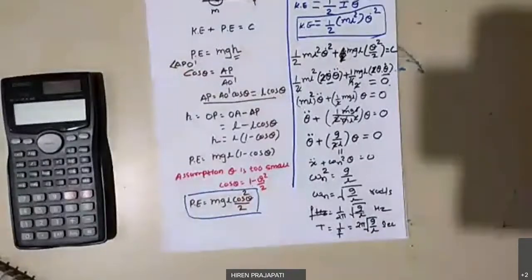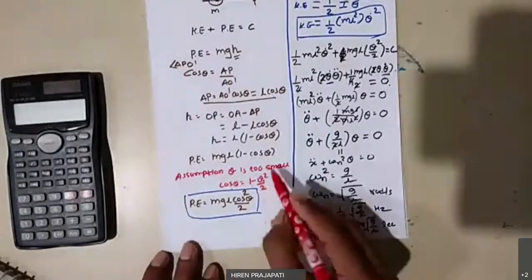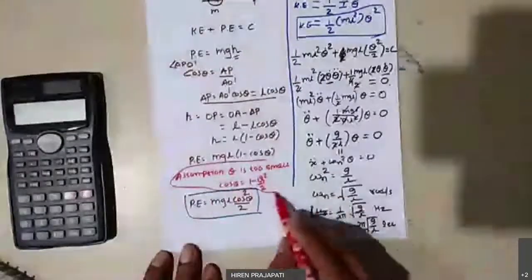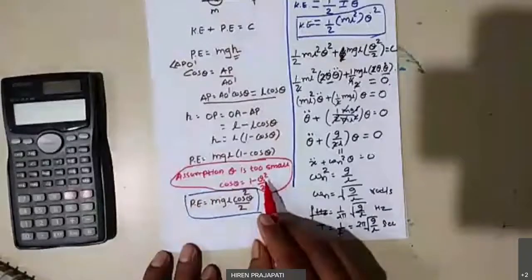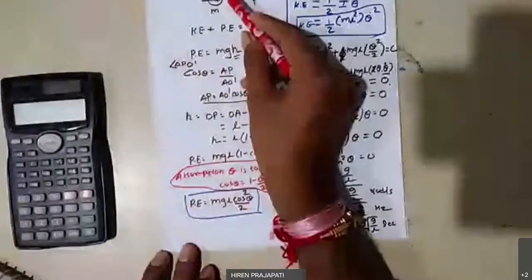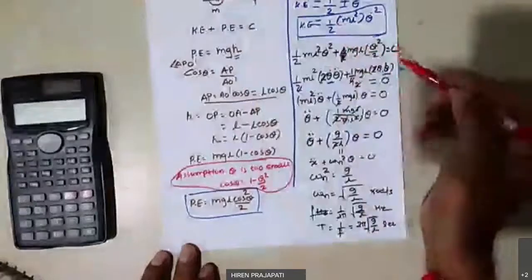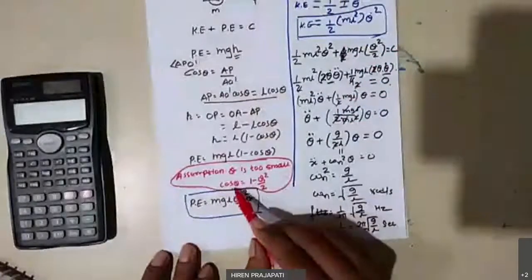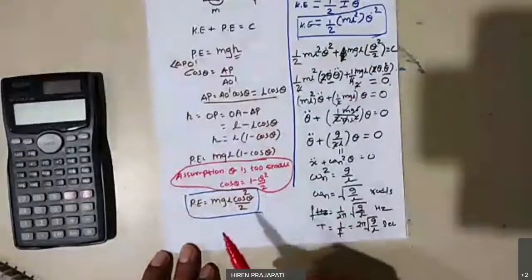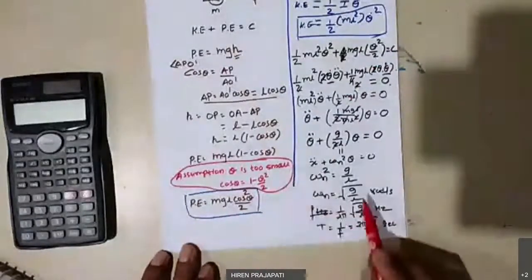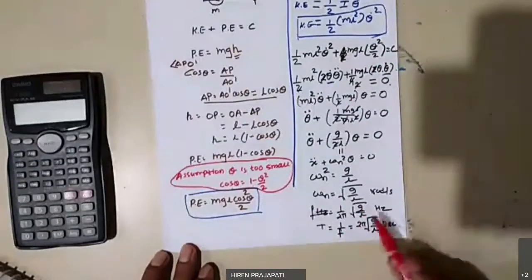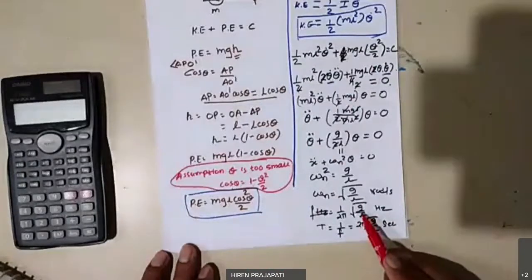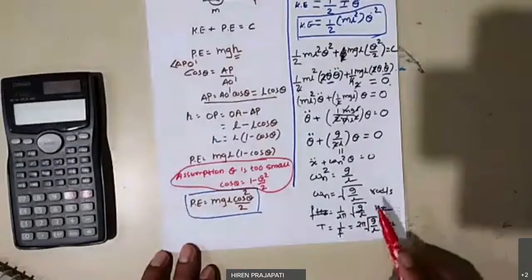So we got both the things same. Only we need to be concerned about this assumption, because this derivation is with the small angle approximation. If you increase theta beyond 15 to 20 degrees, then you may not be able to apply cos theta is equal to 1 minus theta square by 2. And if you still apply it, then you get some error in this value against your practically measured frequency or time period. That is the only issue, right?